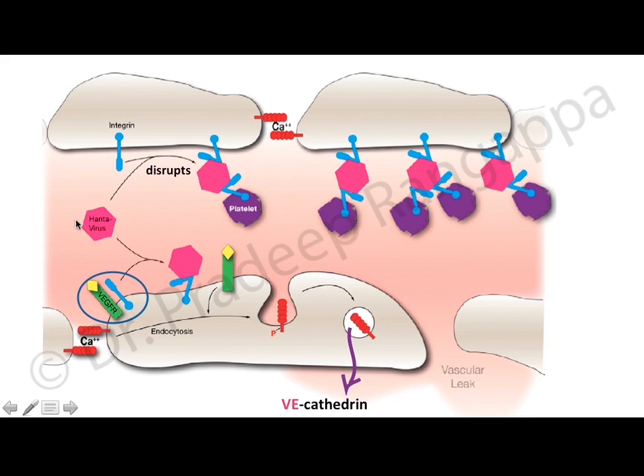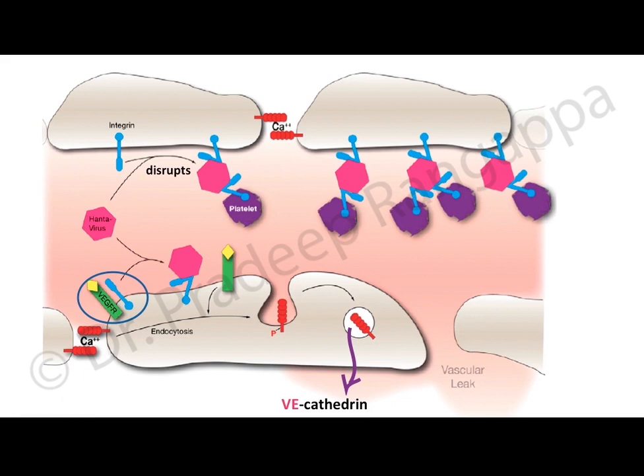Here also, even if you look at the hantavirus, what they found is you have something called integrins from the endothelial cells. This integrin is meant to work in tandem with vascular endothelial growth factor receptors. The hantavirus binds to this integrin, and again here it causes endocytosis of vascular endothelial cadherin. See, vascular endothelial cadherin is meant to be like this, acting as a bridge between the endothelial cells. So it binds to this and pushes it back into the cell, leading to endocytosis, and basically it leaves gaps, causing vascular,